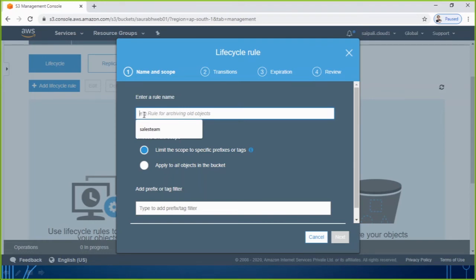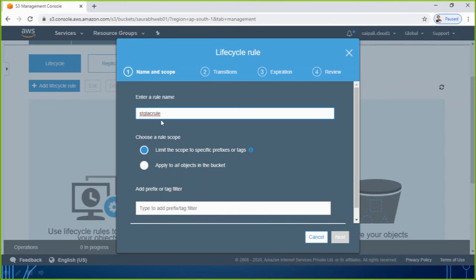Give any name to this rule. Maybe I give the name student Glacier rule.